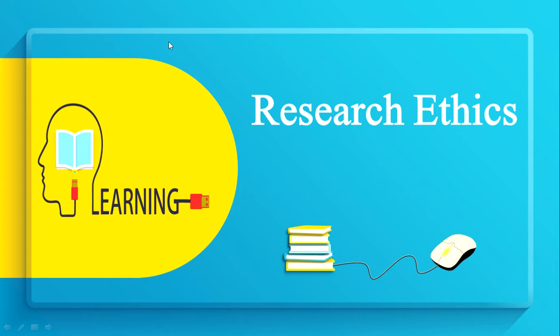When it comes to rules, regulations and norms, there is a saying that little knowledge is a dangerous thing. So you cannot just go to the ground and do research after knowing only half of the rules and regulations of research. If you recall the last session, I mentioned that one of the components of research paradigm is axiology, which studies what is right and what is wrong. So today's topic, research ethics, falls under the axiological aspects of research.